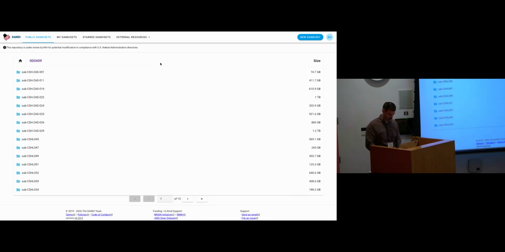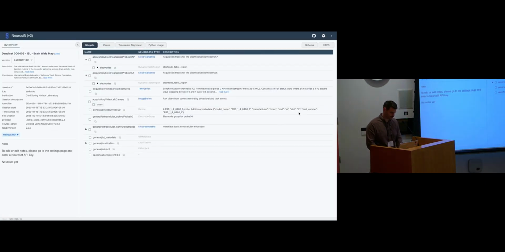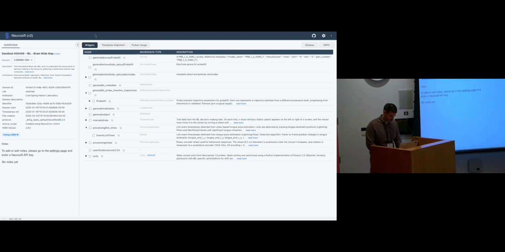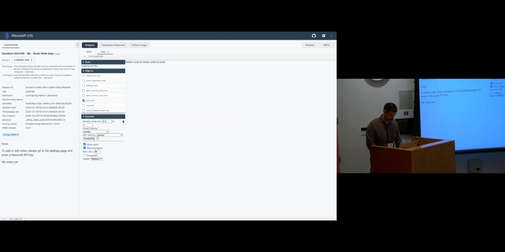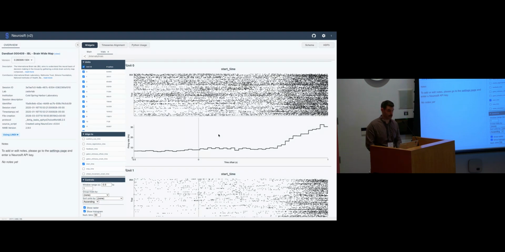So I'm going to go into Files, identify the first subject, open up. Notice this is a 71 gigabyte file, but that's not a problem because Neurosift streams the data and won't be accessing the vast majority of that. So I'll open it up in Neurosift. I need... Split across raw and process now. Oh, did I open the wrong one? Maybe I did. Yeah, I want PSTH. Okay, so this is streaming the data live from the archive and generating PSTHs of each